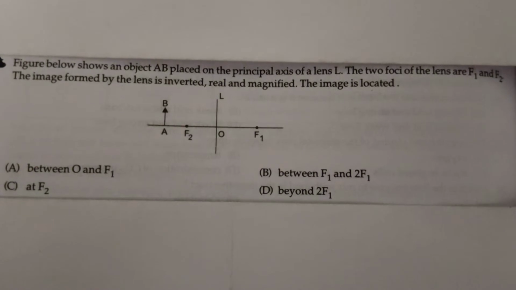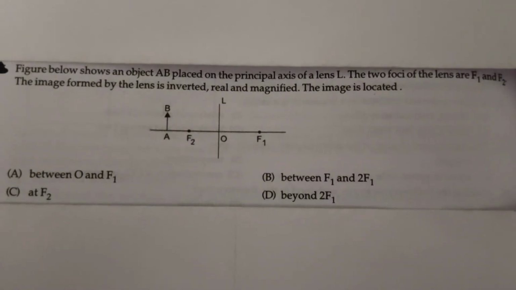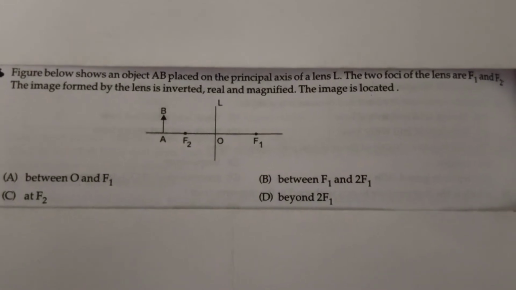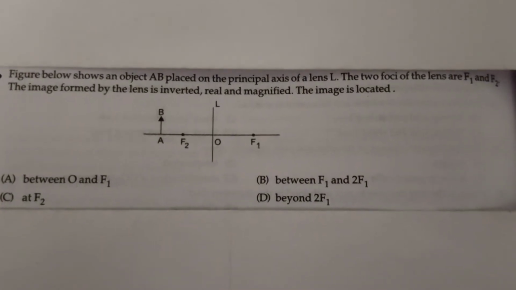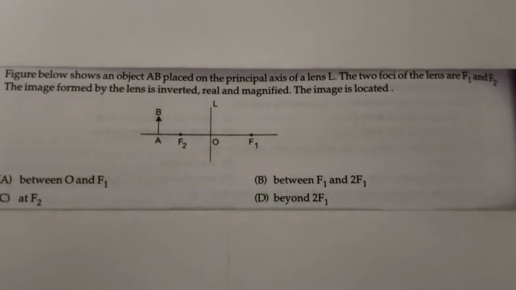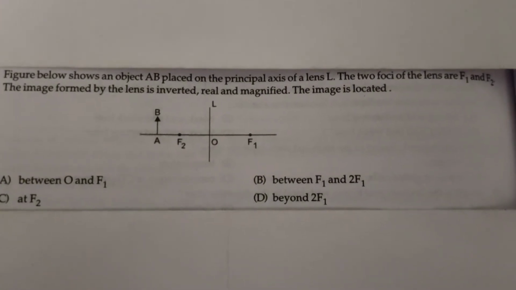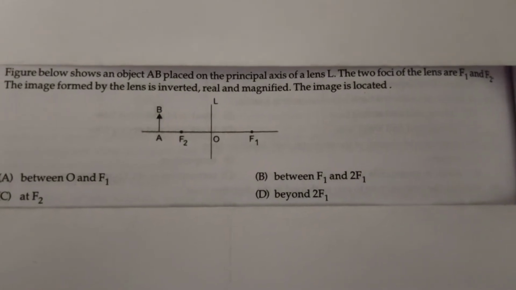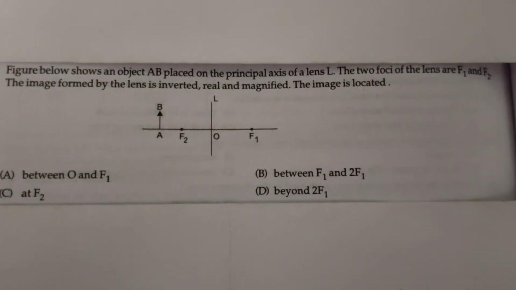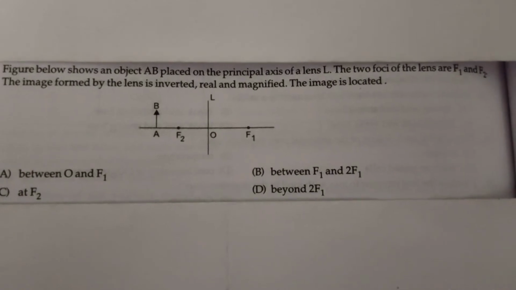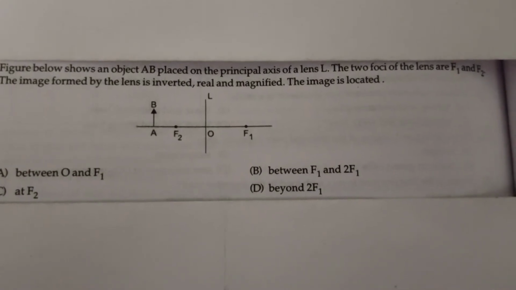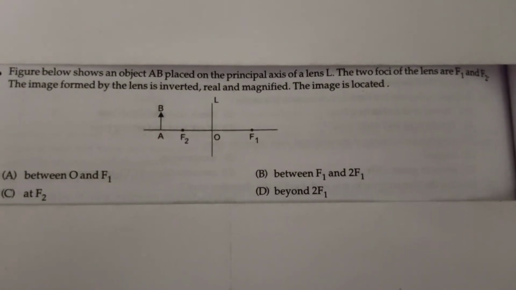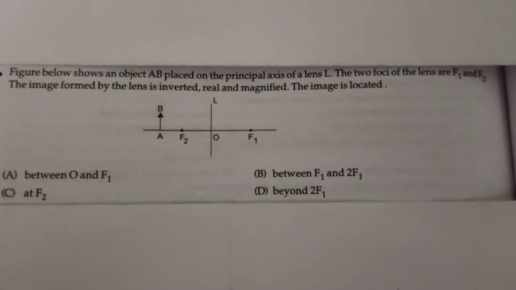The first MCQ is: the figure below shows an object AB placed on the principal axis of a lens L. The two foci of the lens are f1 and f2. The image formed by the lens is inverted, real and magnified. The image is located: there are four options given, between O and f1, between f1 and 2f1, at f2, beyond 2f1. Now, before we look at the diagram, from the question we have come to know that the image is